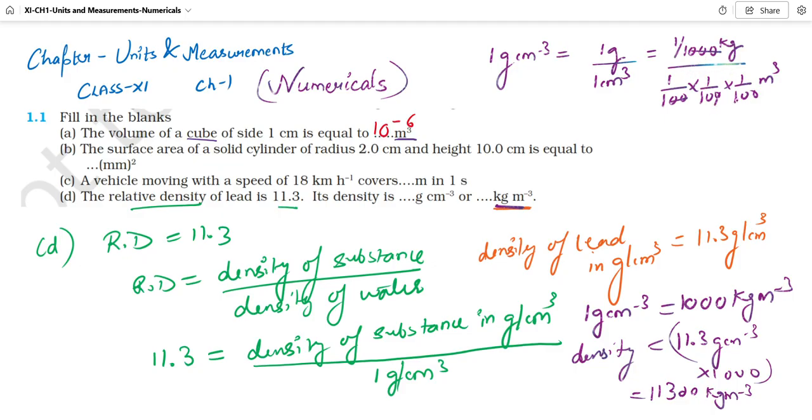डिनोमिनेटर के भी डिनोमिनेटर में आपके पास 1000 बच रहा है, तो वो न्यूमिनेटर में आ जाएगा. So that becomes 1000 kg per meter cube. So your 1 gram per centimeter cube is equal to 1000 kg per meter cube. तो अगर आपका आंसर यहाँ पर 11.3 है, as I told you, जो भी RD है वही आंसर होता है ग्राम पर सेंटीमीटर क्यूब में. तो अगर आपको अपना आंसर kg पर मीटर क्यूब में लिखना है, you just need to multiply it by 1000. That means 10 power 3. Okay, and that was our first question. So it may seem it is basically a question of unit conversion. Yes, it is, but ये बेसिक चीजें हैं जो हमको पता होनी चाहिए.